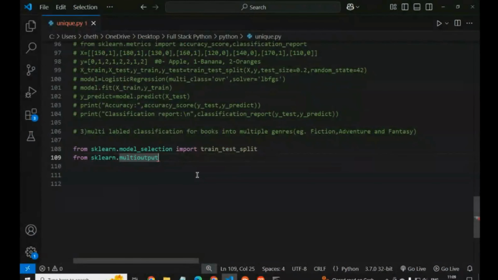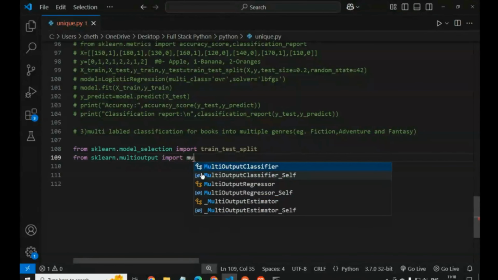To split the data into train and test. Then from sklearn.multioutput we have to import.